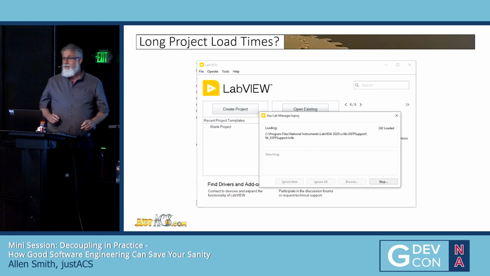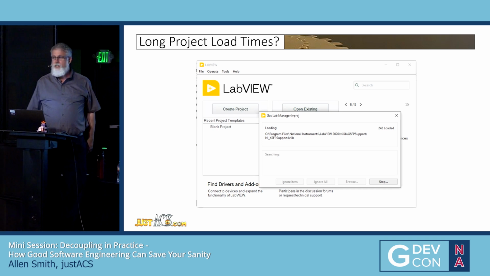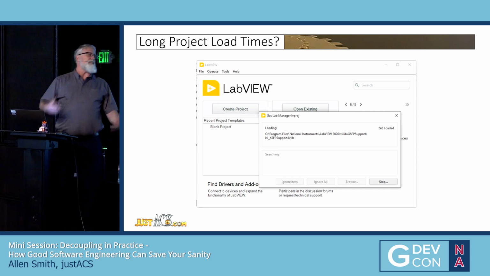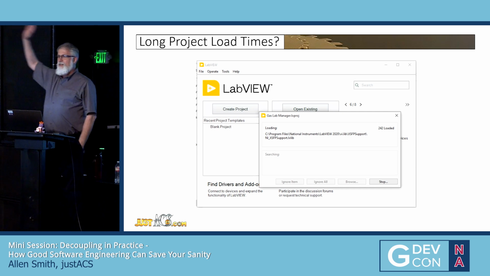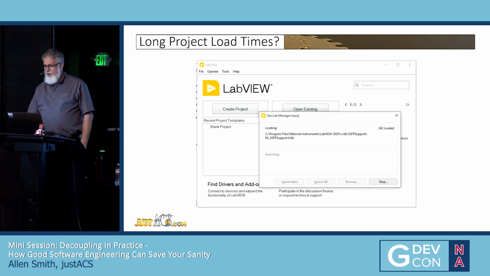Long project load times. You fire up your app, you sit down to start work one morning, you open up your project, get yourself a cup of coffee, read a short Russian novel, you come back, and maybe your project is loaded. Show of hands, who has that happen daily? Yeah, all the time, right? Okay, what about